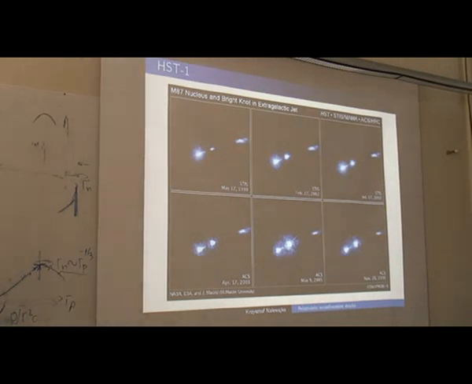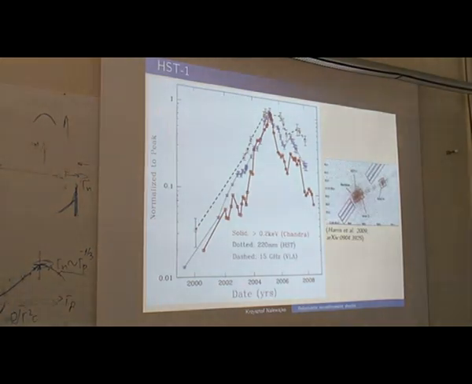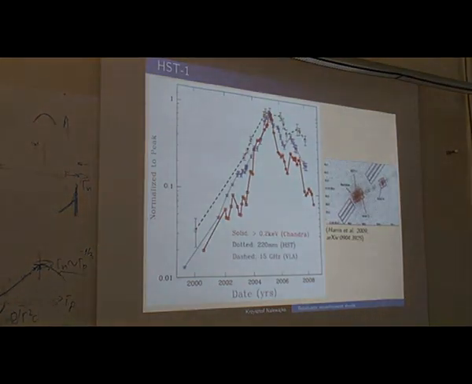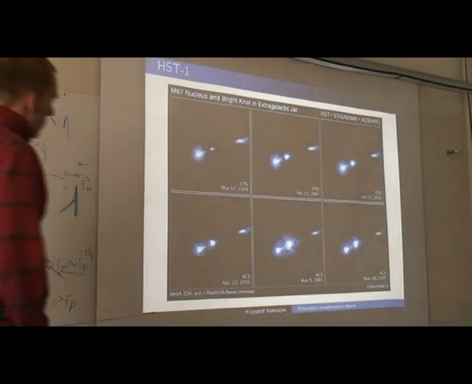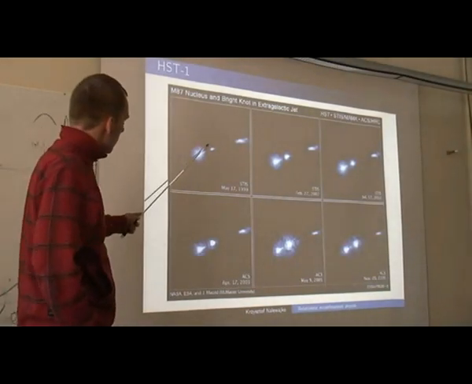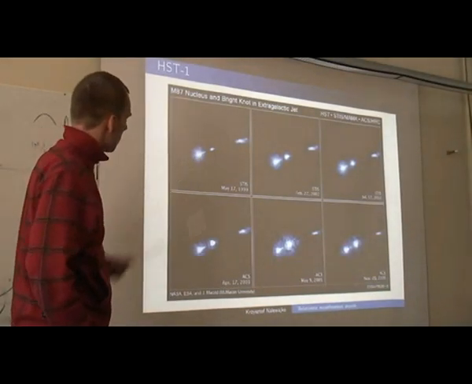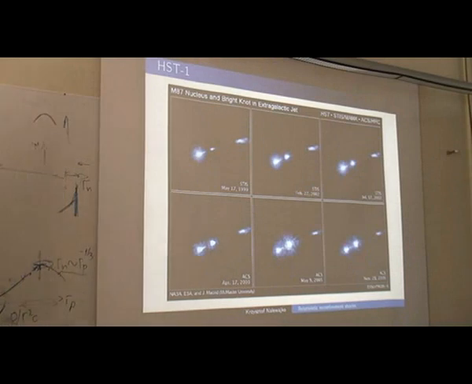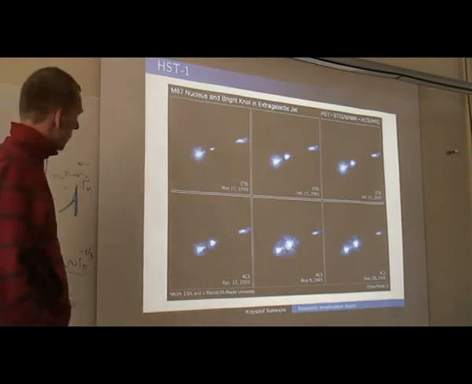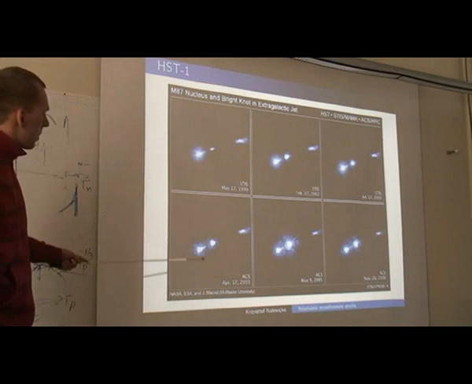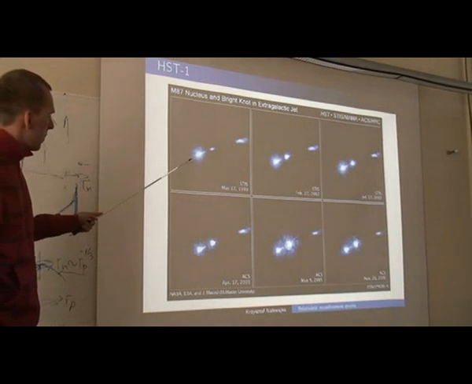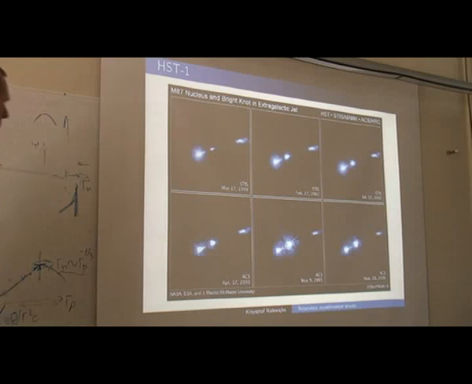And I think one has to add that you would not see it in all the other sources. It is so close, this is very nearby, so it will be visible. The separation between the nucleus and HST1 is about 0.8 arc seconds. So that's why it is resolvable in Hubble images. It would not be resolved otherwise.